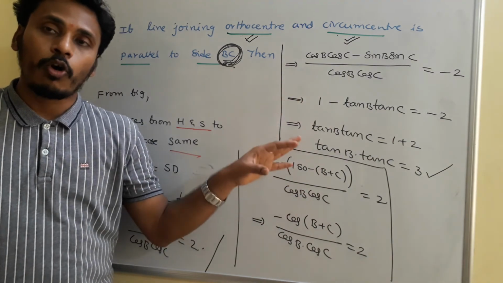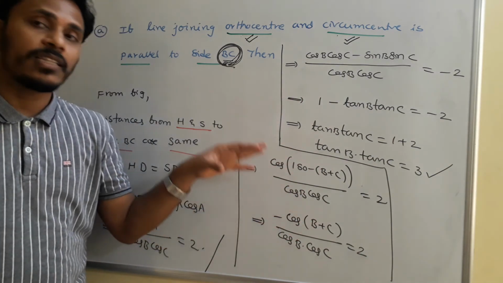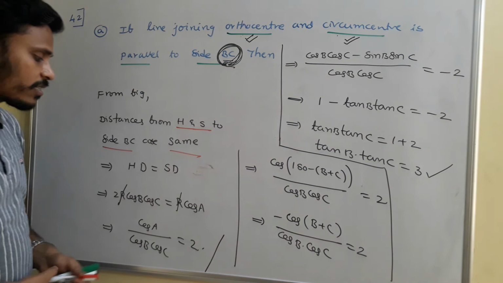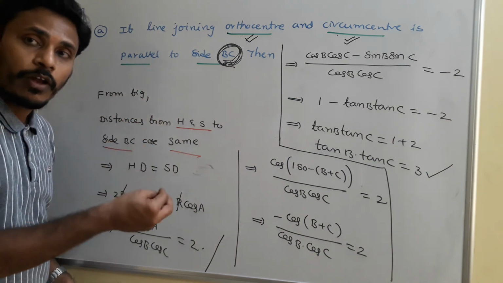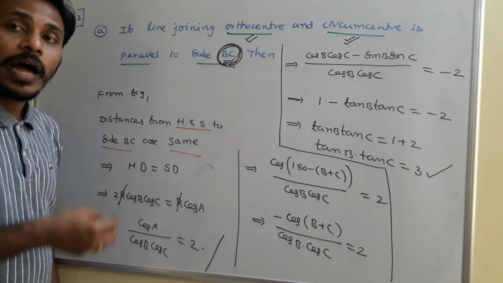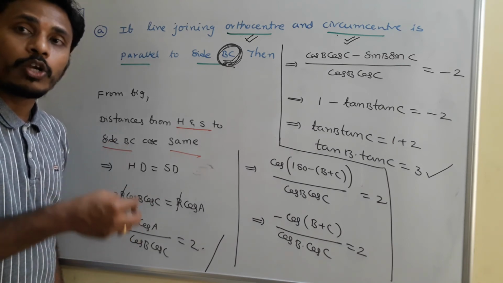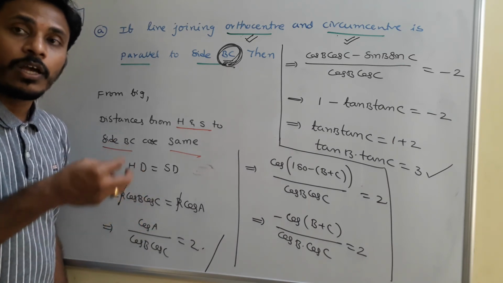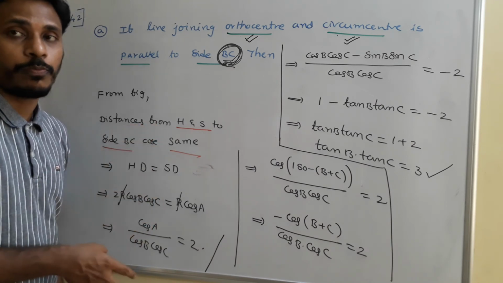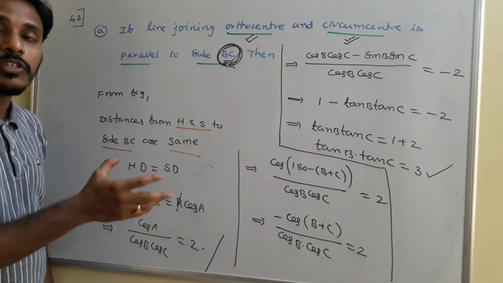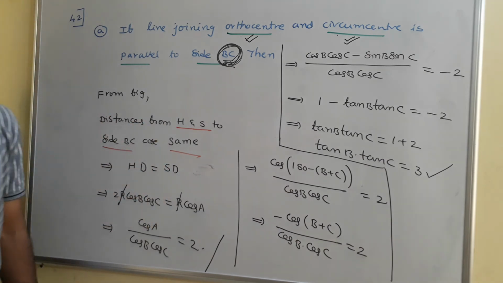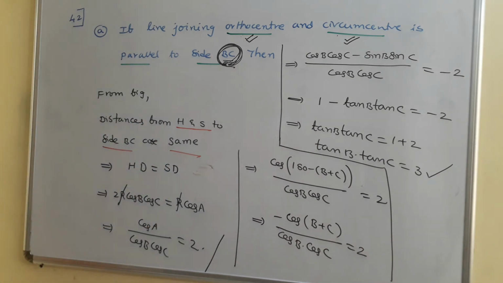So to solve this problem completely, to analyze in this way, you need to know the distances from orthocenter to the side as well as the distance from circumcenter to the side. And that's why it is very important to memorize all the distances we discussed in the 41st point. Okay, just have a look. This is one problem which we solved using those distances. And I have one more problem related to this.